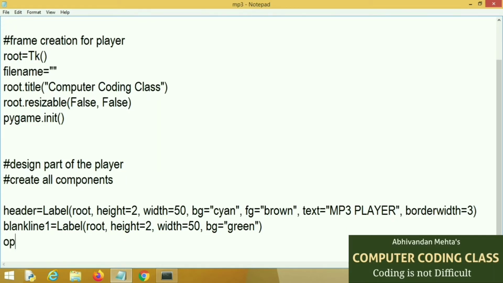Now we will create all buttons one by one. First one is the open button. Here I am using the button component of tkinter. Here all buttons' background color is set to light pink.